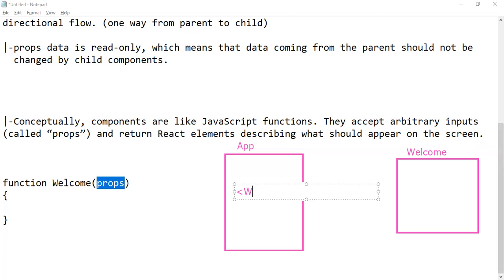Just by using a custom HTML tag, Welcome. When embedding, we want to pass some information. So here we pass name. Name is the property. You can pass the information in the form of key and value pair. So name is the key, and now we are passing the value, suppose John.